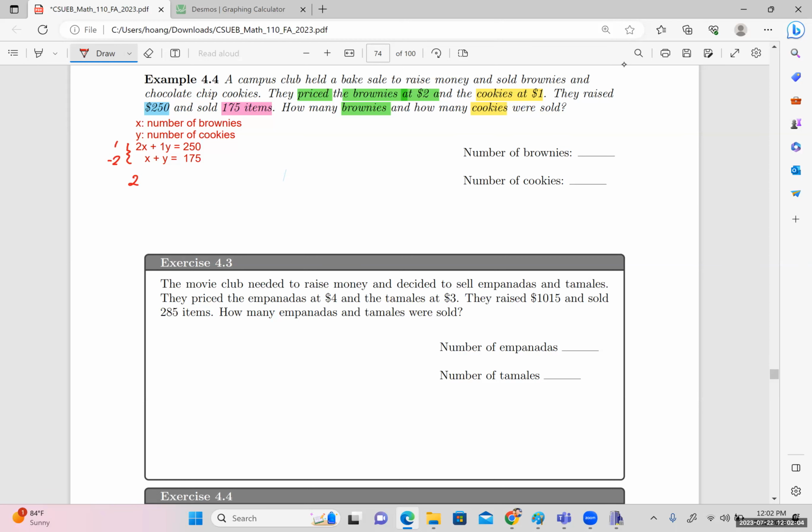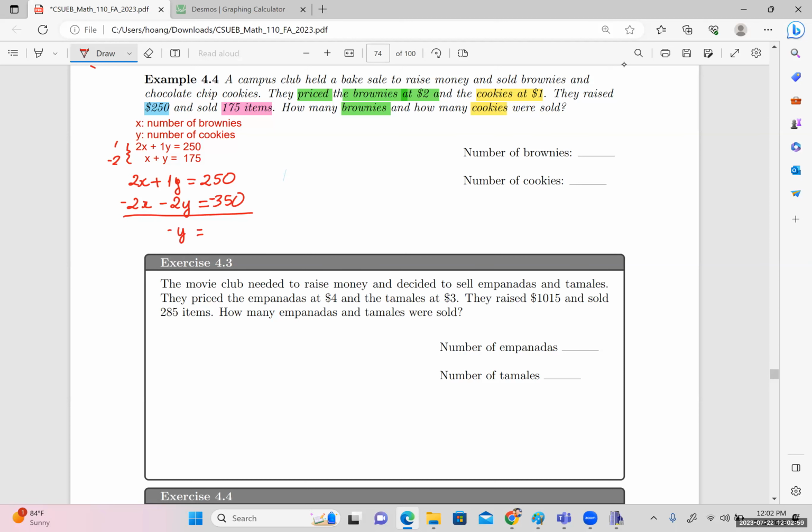Then you want to have 2x plus 1y equal to 250 and -2x minus 2y equal to -350. Okay, so you will have 0x and